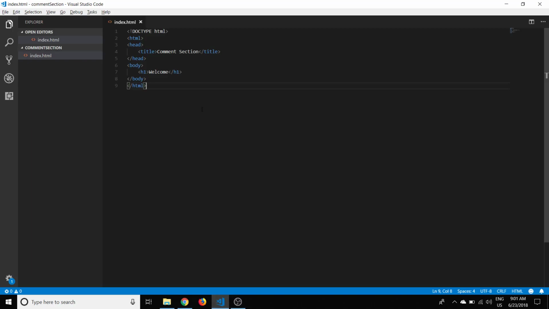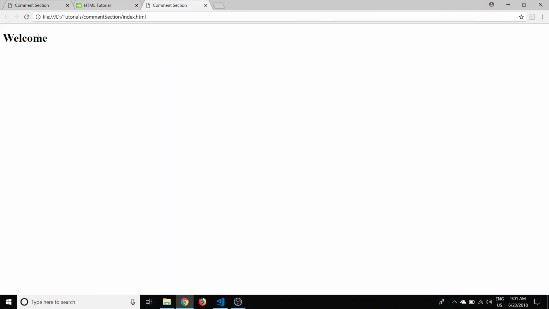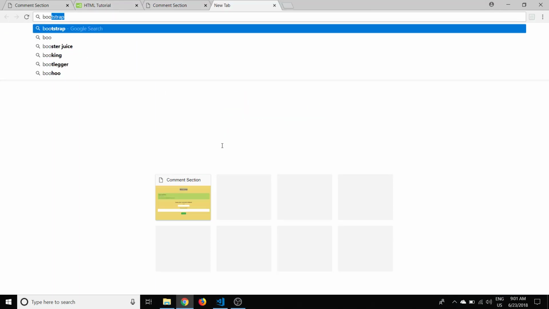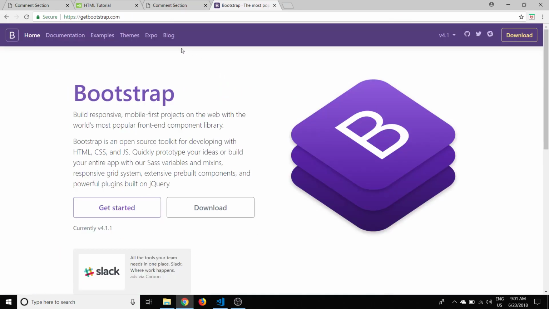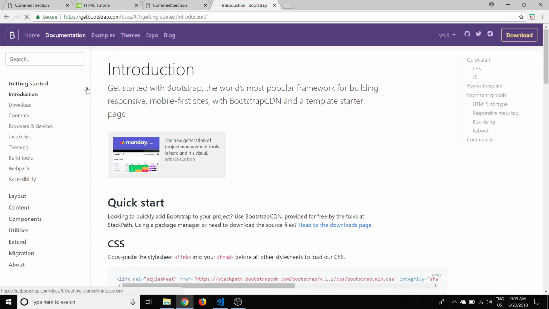So we're going to use Bootstrap to help keep this website mobile responsive, and I'll show you what I mean. But to get to Bootstrap first, you just type in Bootstrap in Google, and we'll click on this first link, and we should go to Getting Started. And you could download the code